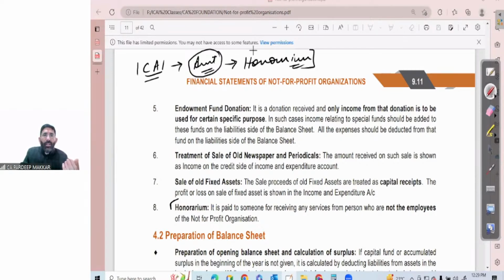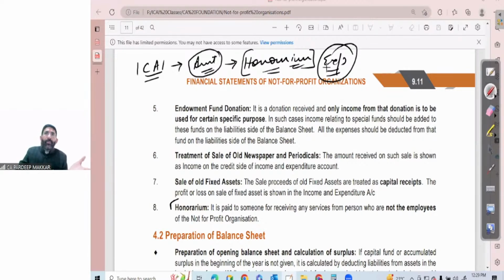These organizations normally call many people for delivering various lectures or giving consultation to their members. Due to that reason, honorarium is normally an expense in these organizations, because they call various chief guests, as they are trying to organize various events. You have seen that various clubs are making some arrangements, like calling some singer, calling some